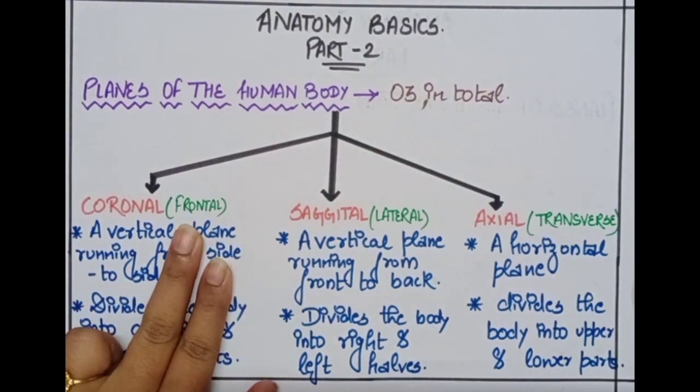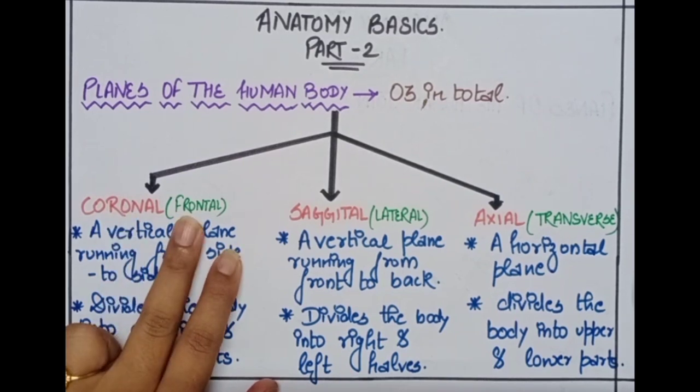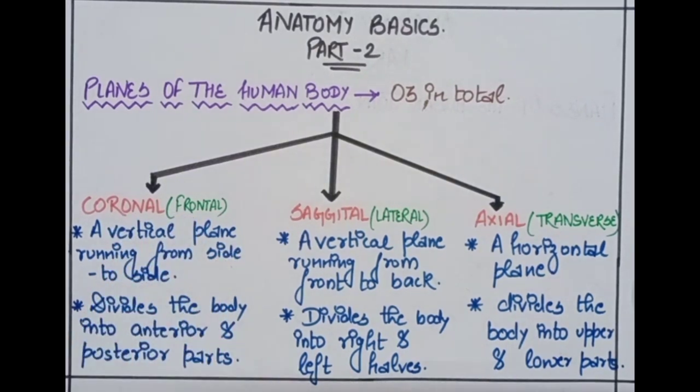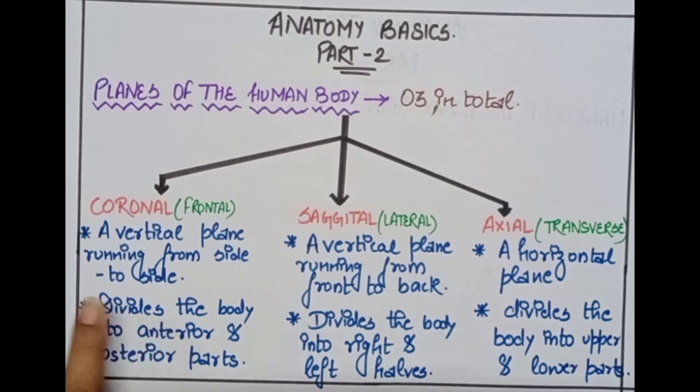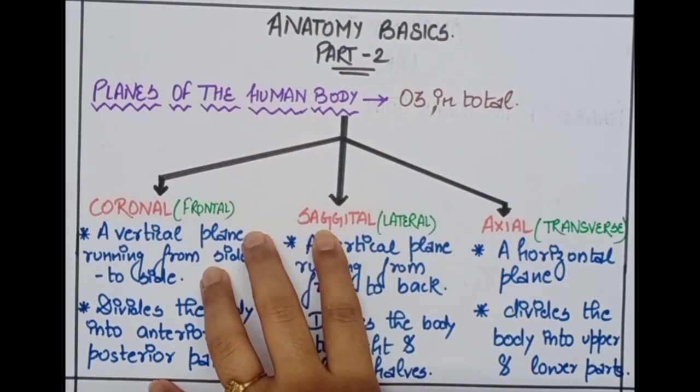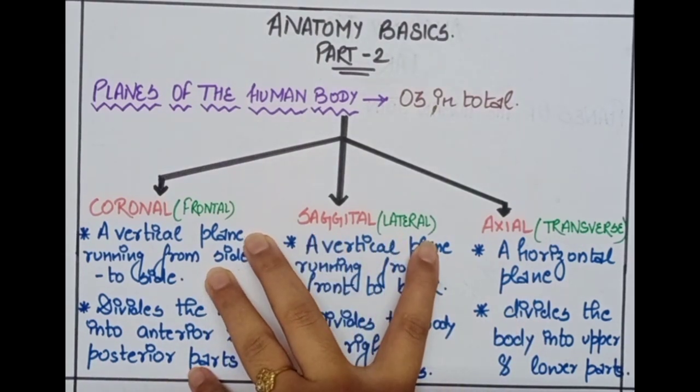So the first one is your coronal or the frontal. Coronal means a vertical plane that runs from side to side. It divides the body into anterior and posterior parts. Just for now, go through the definitions and then we will go through the diagrams and I will explain this in detail. Then comes your second one, the sagittal, which is also known as the lateral